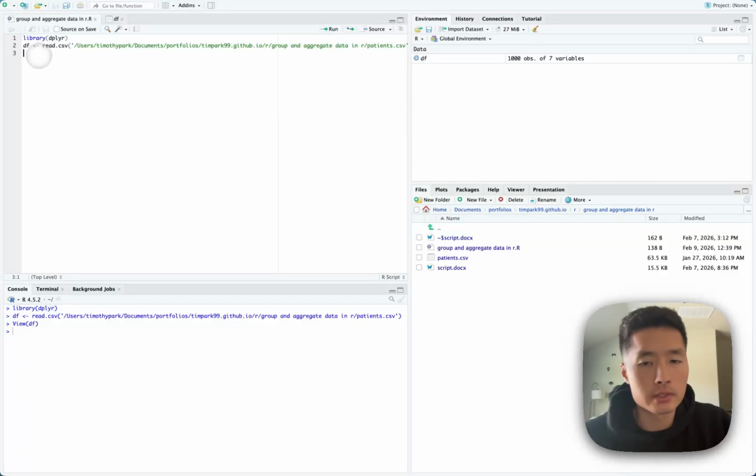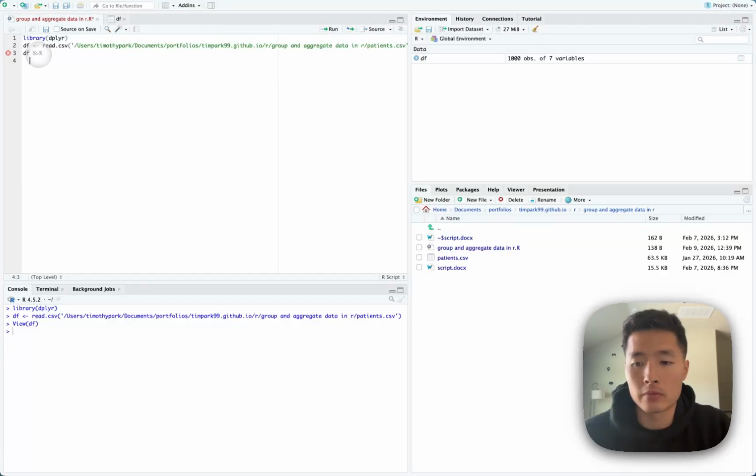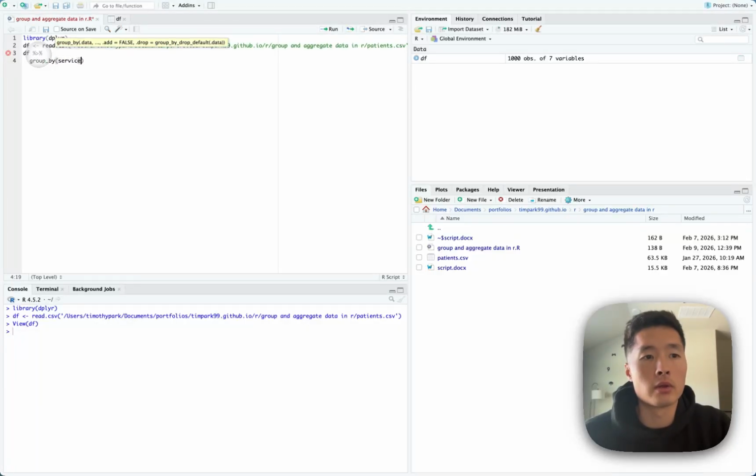So just like in the last lesson, we're going to incorporate the pipe operator. So if we go df pipe, we can do a function called group by. So we could do group by, and then you put in the column that you want to group by. So in this scenario, we're going to put service,